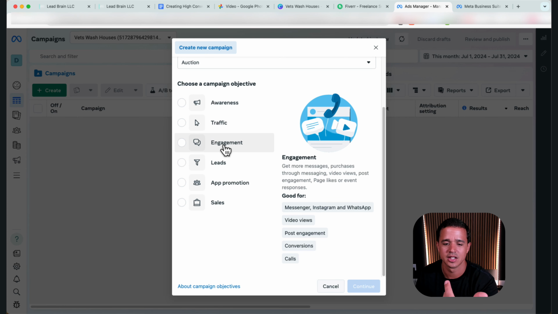If you read this, it says get more messages, purchases through messaging, video views, post engagement, page likes, or event responses. In my opinion, I read this as Facebook presenting this in front of people who are most likely to engage with your ad, like you, follow you, post a comment and stuff like that. We see a lot of weird stuff with comments and messages. I just stay away from it, but you can try this. And you have a chatbot. I showed you how to build a chatbot in video, I don't know, 6. I think 6. I showed you how to build a chatbot.